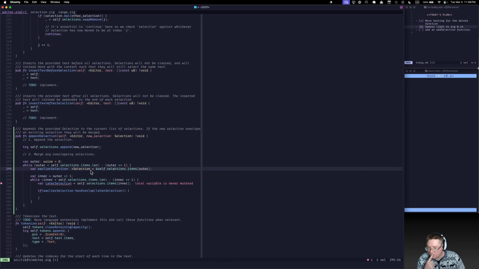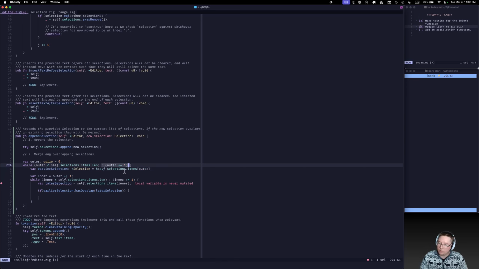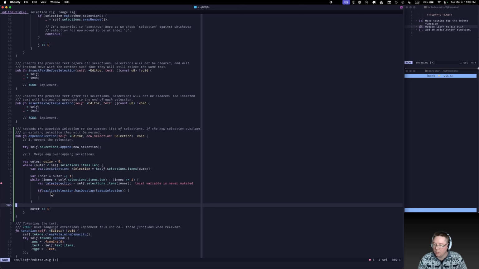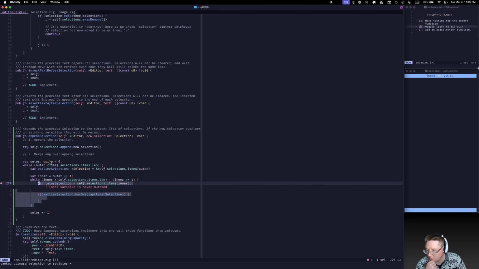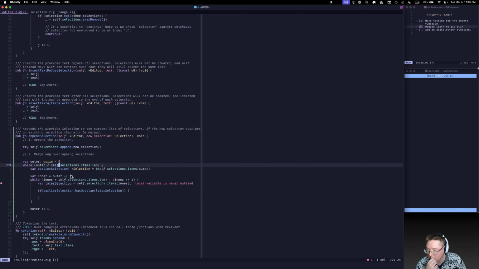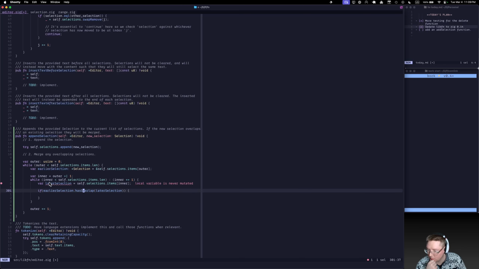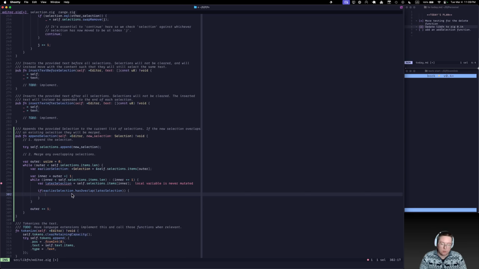So this one we probably do not want to do. We want to do this here. Outer plus equals 1. And then from in here, we want to continue the outer loop. That's how we're going to want to do this, I think. So if they have overlap, we're going to go